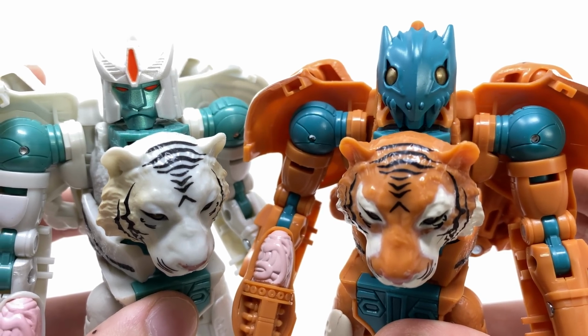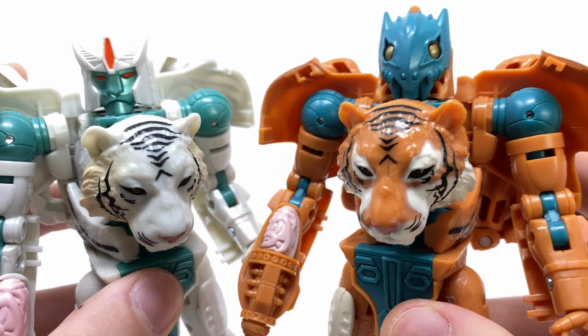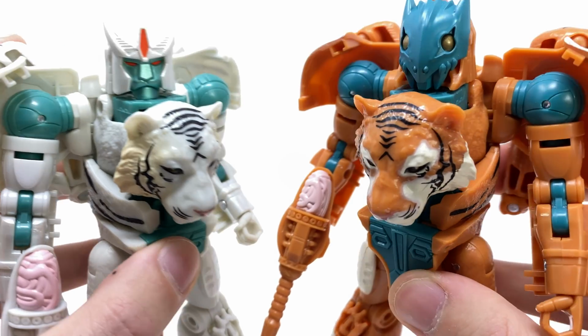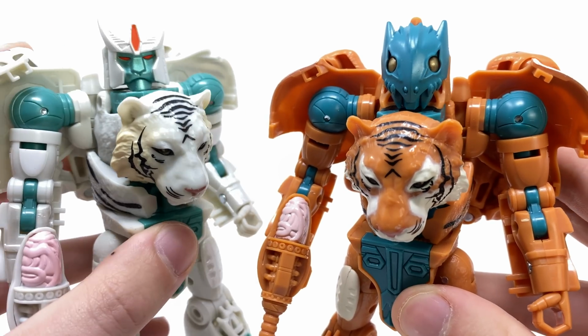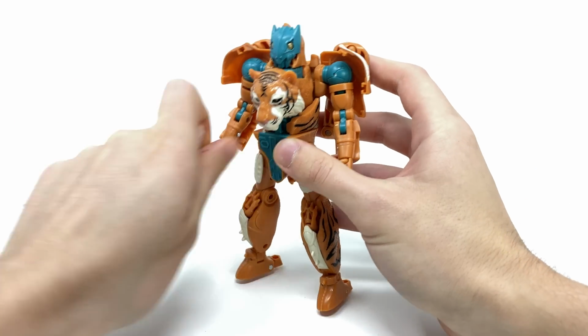or shattered glass universe version of Tigatron, especially as he actually hates the Maximals. It would be a really awesome battle to see both versions of Tigatron go head to head. But really nice looking head sculpt on this guy, and of course this originally was just such a fantastic mold. Now as we turn to transformation here for mutant Tigatron, it is exactly the same as of course the original